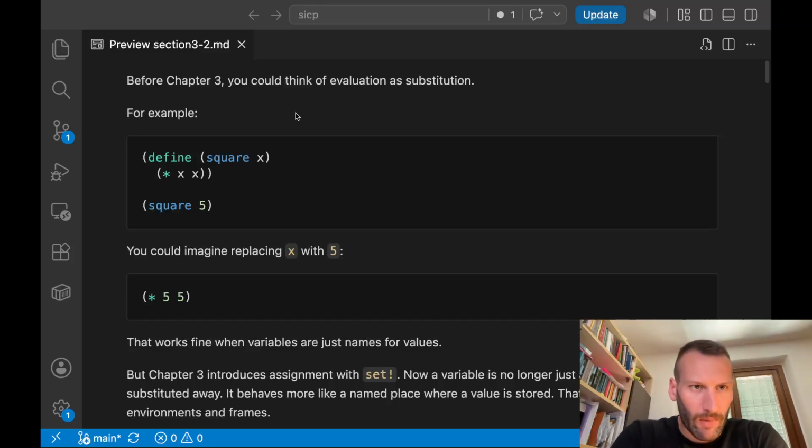So everything is summarized in this markdown file that I will push to GitHub, to the repository of Structure and Interpretation of Computer Programs, where you can also find slides and exercises. So let's start. So before chapter 3,